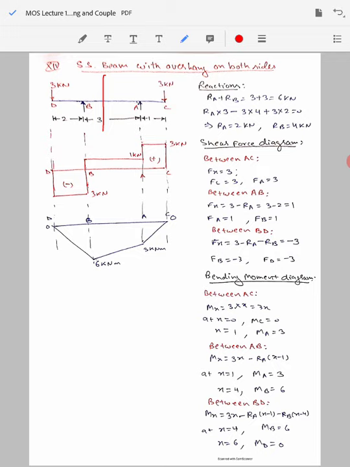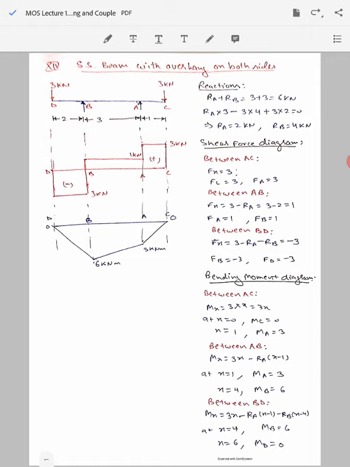find the equation for shear force between span A and B, and for this we assume the beam to be cut somewhere between A and B. Now this time there are two forces, one is the applied force and another is the reaction force at the support A. They both are in opposite direction, so their algebraic sum, 3 minus RA, will be acting as the shear force between span AB. As RA is equal to 2, that gives us the net 1 kilonewton, and it will remain constant for the entire span, so that's why FA and FB both will be 1 kilonewton.